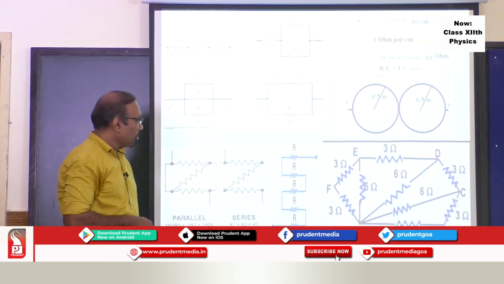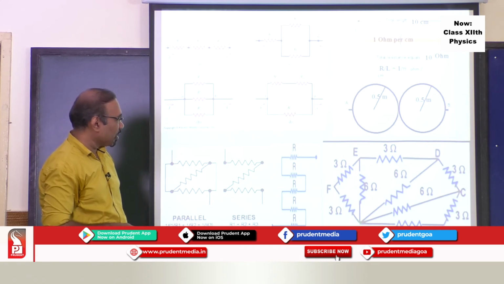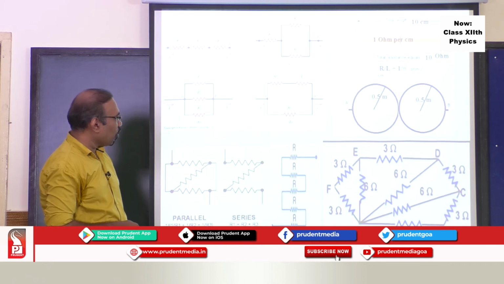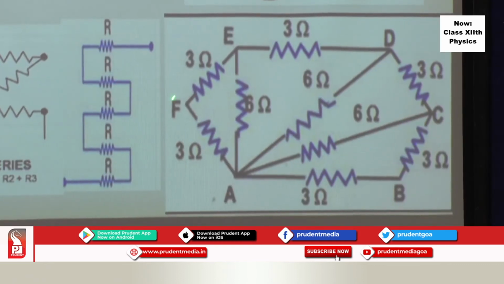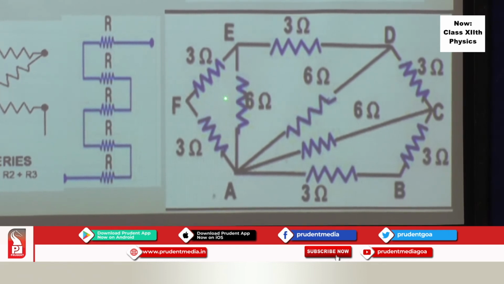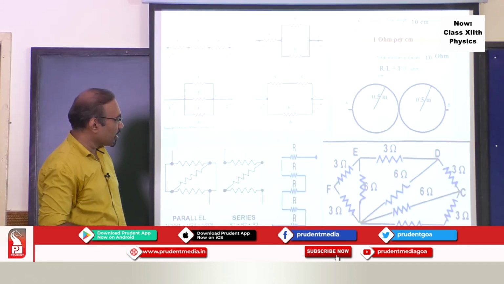and then you can understand better. Now, this particular circuit looks very complicated, but you can easily understand this. If you want to find the equivalent resistance between A and B, first try to understand through this 3 ohm and 3 ohm. The same current is flowing, so it becomes 6 ohm. That 6 ohm, in parallel with this, becomes 3 ohm again. This 3 ohm and this 3 ohm in series make 6 ohm, this 6 ohm and this 6 ohm in parallel. You can go on doing like this, and you can easily find the equivalent resistance between A and B.